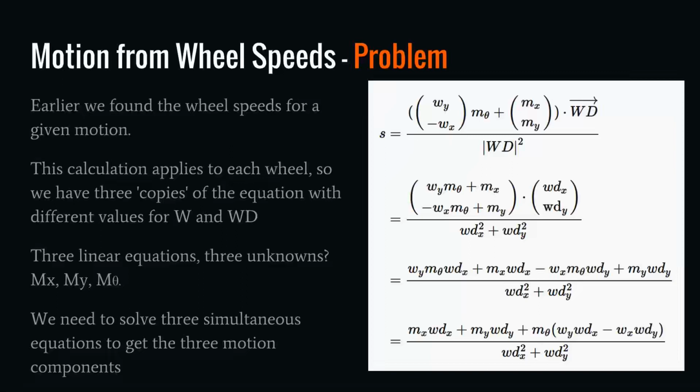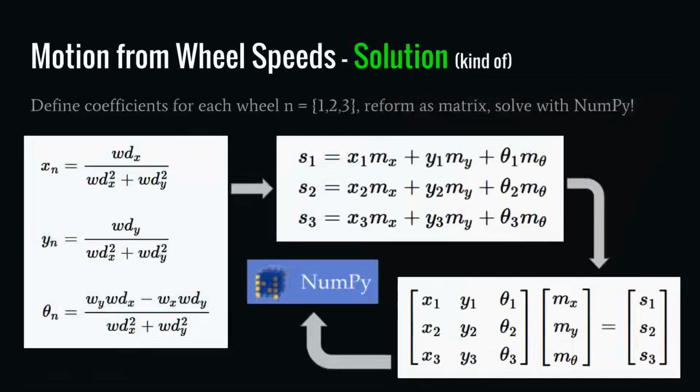So we can make this a bit more concise by defining what the constants are for a given wheel. So we have an x and y and a theta constant, which are the coefficients by which we multiply our motion to get our wheel speed. And the things in the box on the left of this slide are all constants. They are entirely defined by the chassis size of the robot, where the wheels are, what direction they're pointing, and how big the wheels are. We can express that as a system of simultaneous equations,